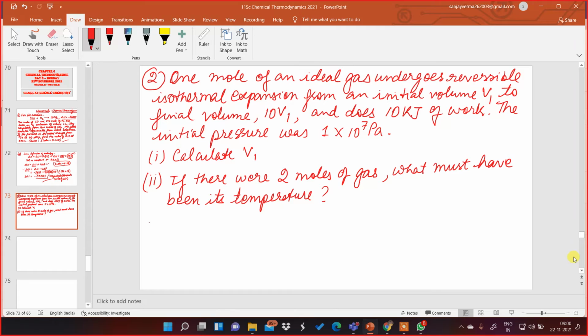Okay, so we're supposed to calculate first V1 and then the temperature for the second part. If there were 2 moles of the gas, what must have been the temperature? So the first part solution is, remember, for a reversible isothermal expansion formula,